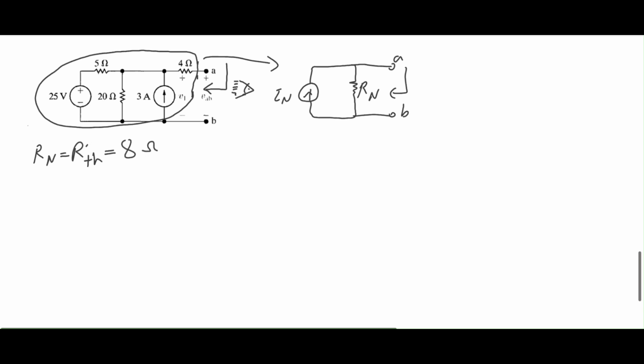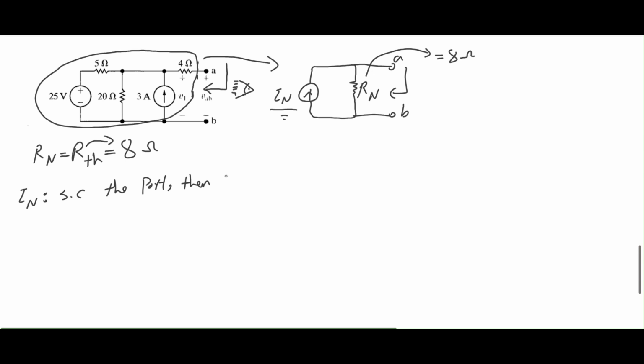So I already know that the Thevenin equivalent resistor is 8 ohms, so that would be the same as my Norton resistor. So the first thing found very quickly, and that's 8 ohms. Now what I need to figure out is my Norton current. In order to find the Norton current, I need to short circuit the port,